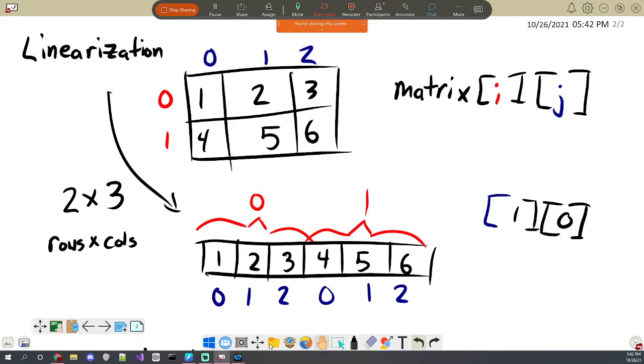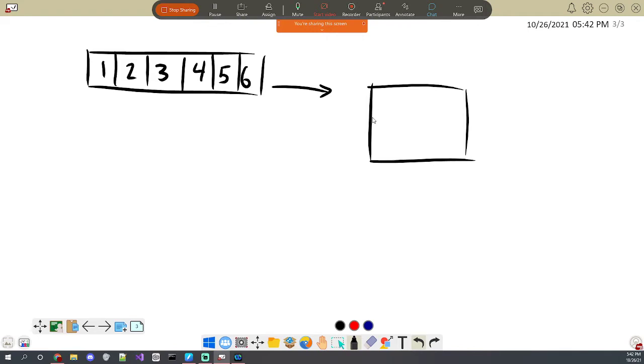But anyways, let's go ahead and try to do this backwards. So let's go from a 1-dimensional array to a 2-dimensional array. Let's go ahead and put new here. So let's say, again, I have this 1D array with those indices 1, 2, 3, 4, 5, 6, and I want to go and access it as if it was a 2D array. And then these are the actual indices.